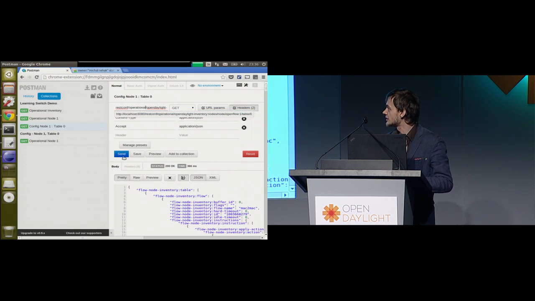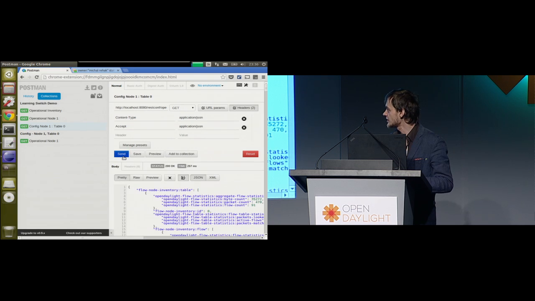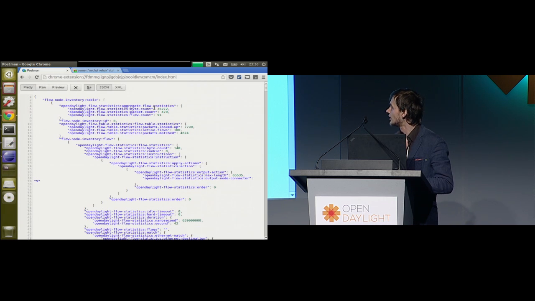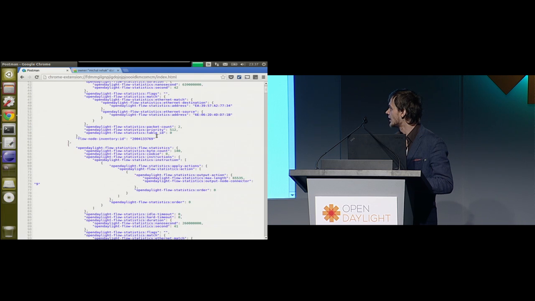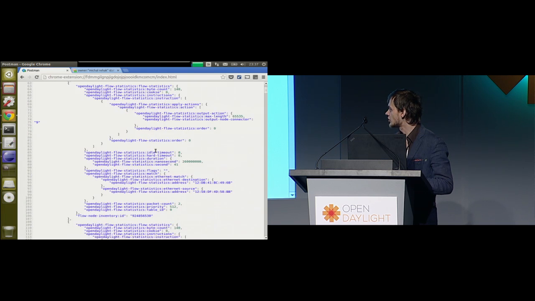This is collected by the statistics manager written for the MD-SAL. You could see all the flows and statistics for how many bytes were matched by each flow we